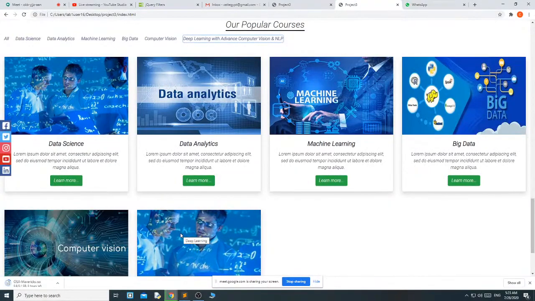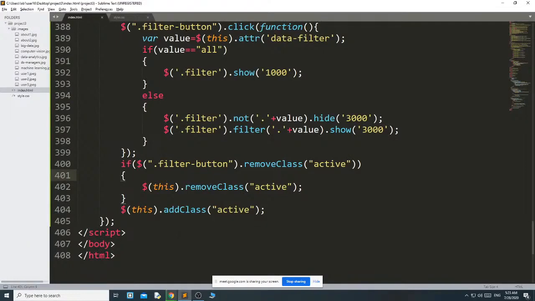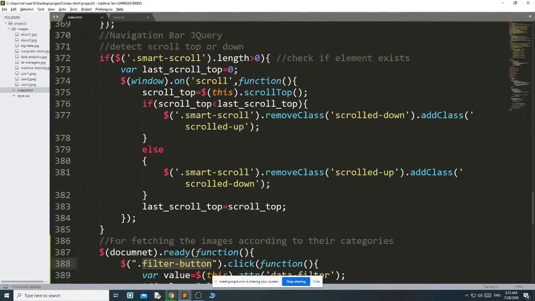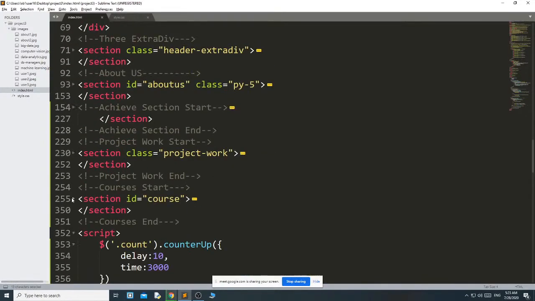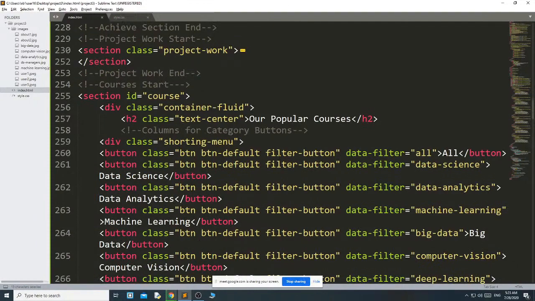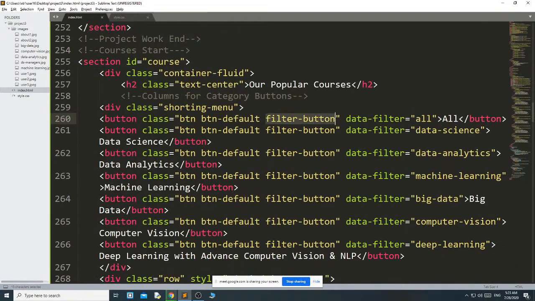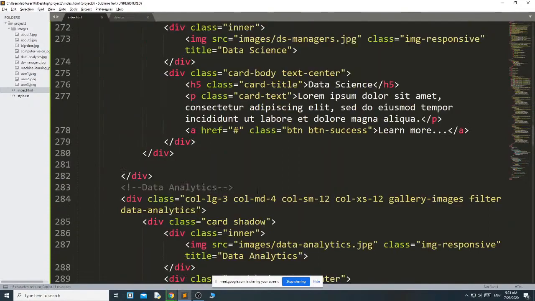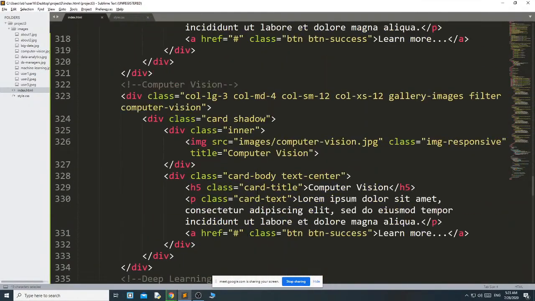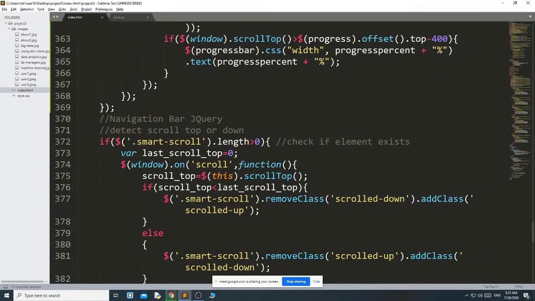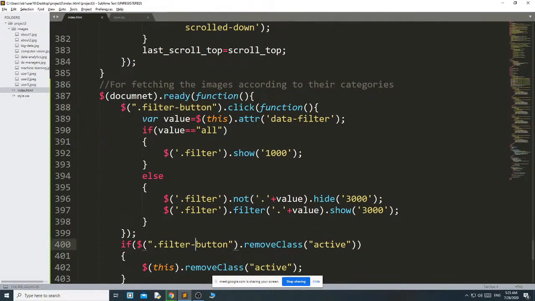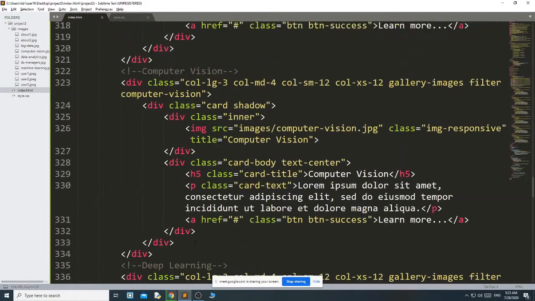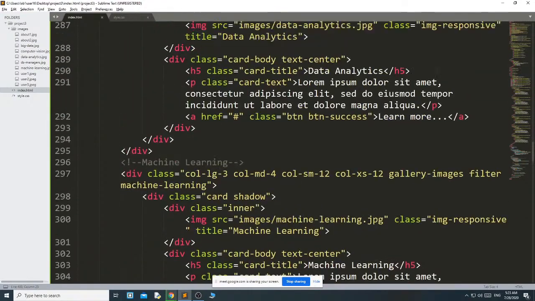Okay, filter button, here filter button. I just copied from there.